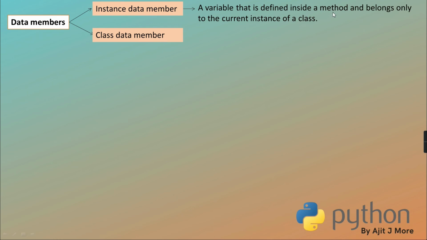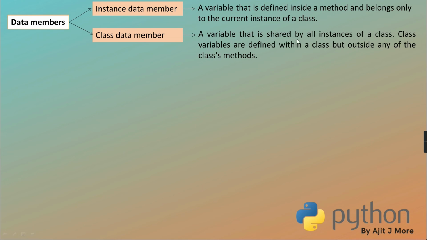So a variable that is defined inside a method and belongs to the current instance of a class. Instance means, you know, copy. Copy means only object. So when it belongs to an individual object, it is instance data. And a variable that is shared by all the objects is called class data. And how to identify it's a class data? I said, whenever you define a variable within the class body but outside the method. We are going to take examples, don't worry, it's not everything theoretical concept, but before that you need to know the definitions. That's why I've given you.